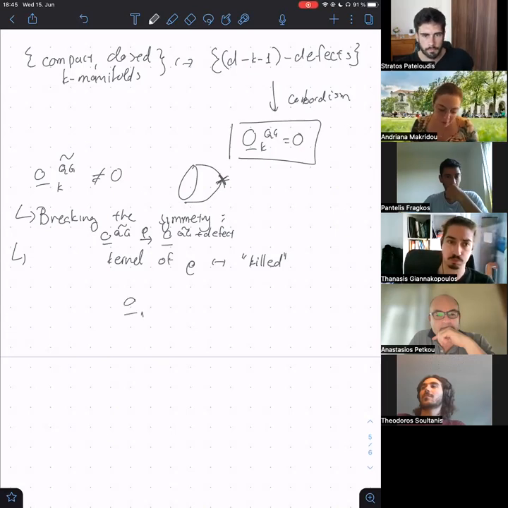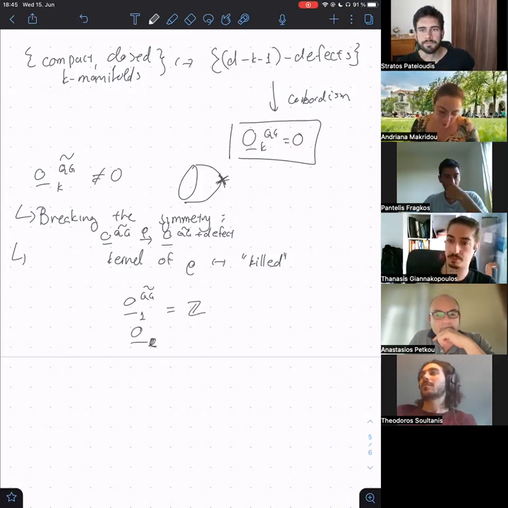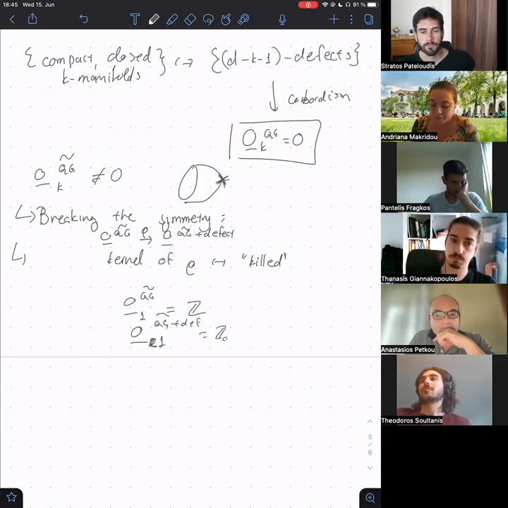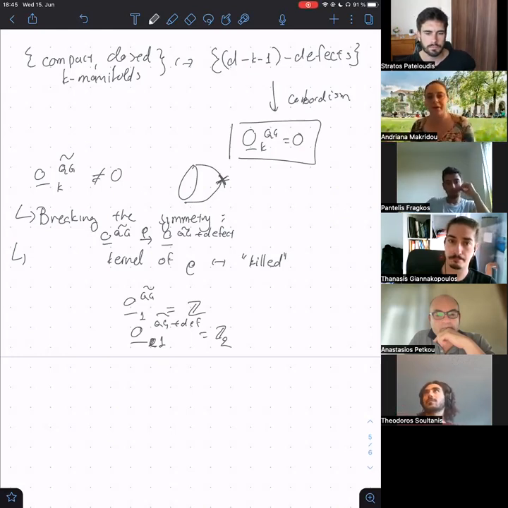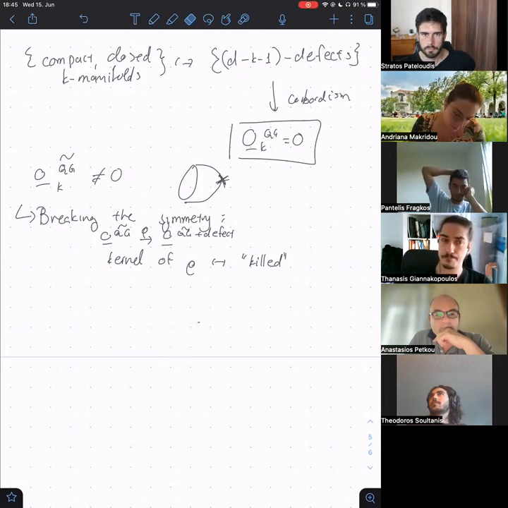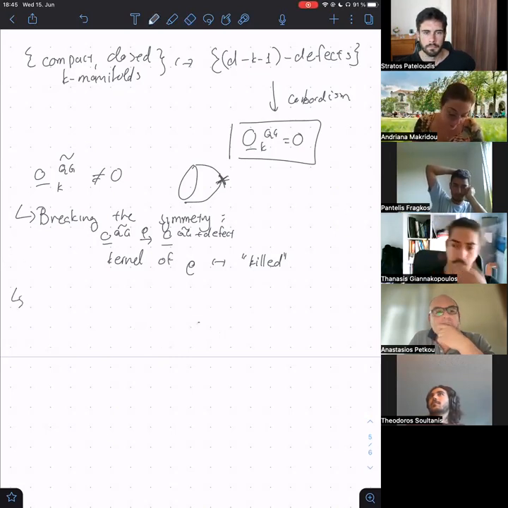It could be that omega-1 of QG tilde, let's say, is Z, and then omega-1 of QG tilde plus defect is Z2. So it means that you have killed some of the charges and not all of them, and then you need another mechanism or a different defect to kill the Z2 charges, or you need to do something else to approach even more the true quantum gravity structure. And the other option then would be the breaking, the gauging, sorry.